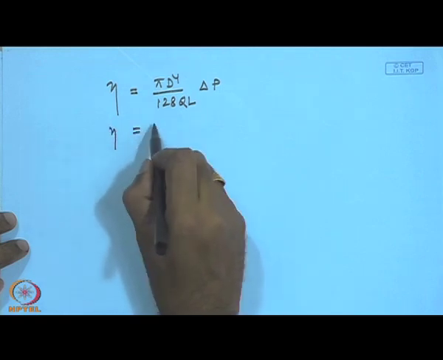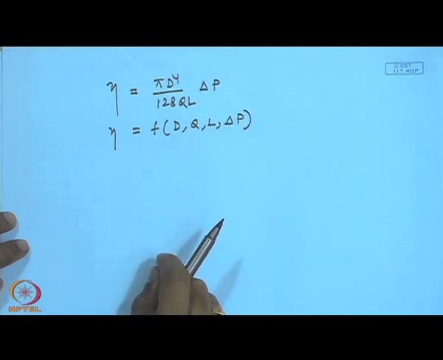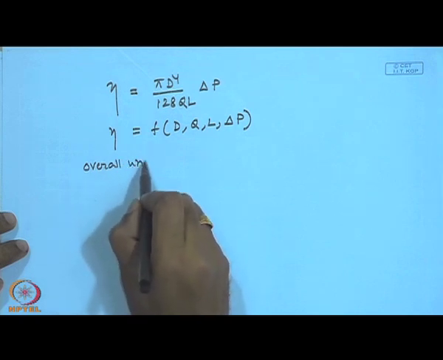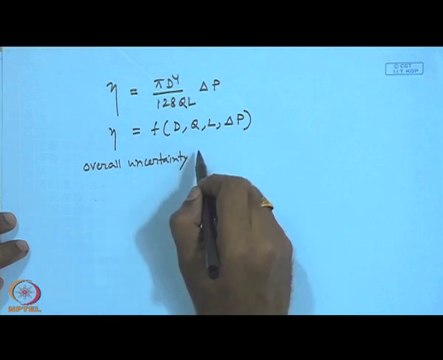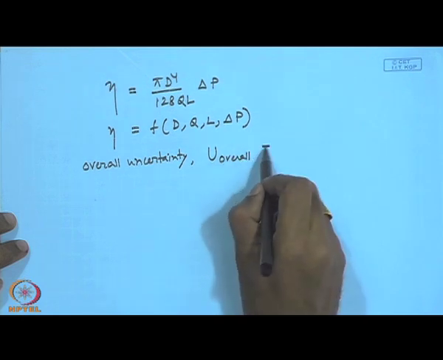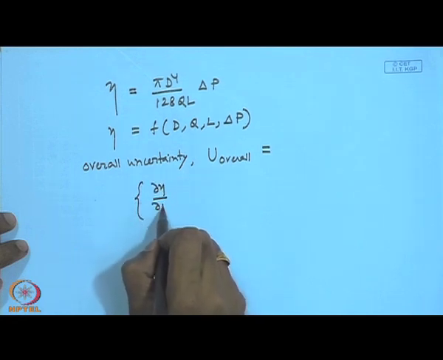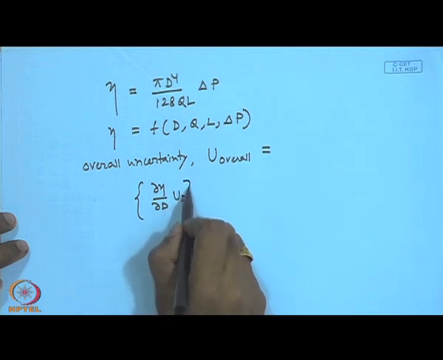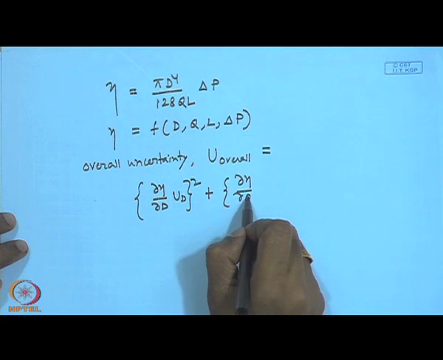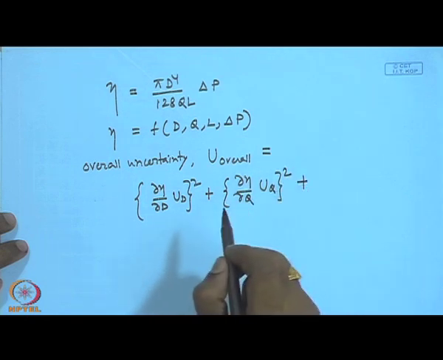So, eta is a function of d, Q, L and delta P. So, the overall uncertainty can be computed as